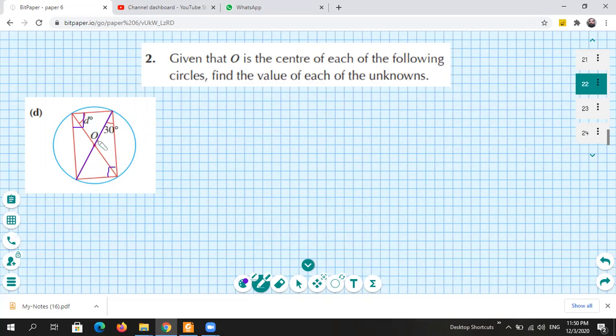All right. Now we can find the value of D if I know this angle. If we look at this arc,